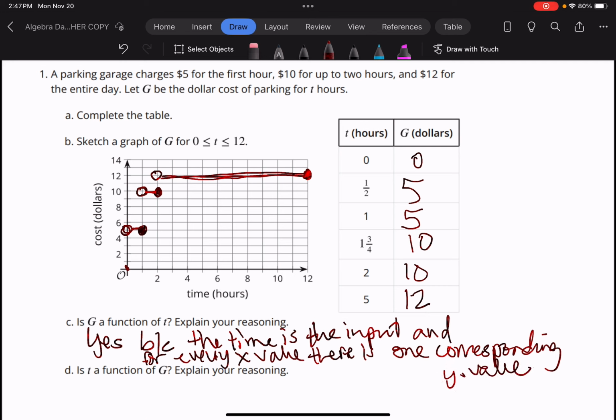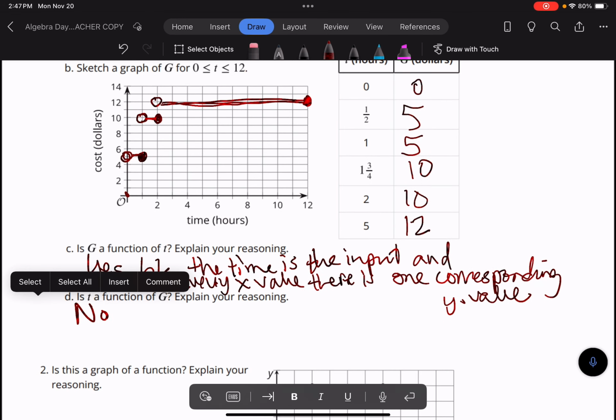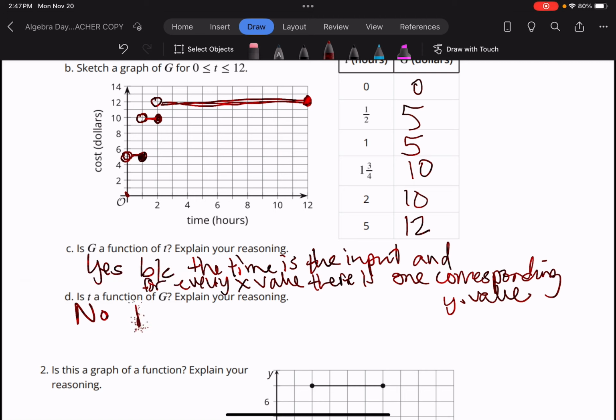Is T a function of G? So is time a function of cost? No, because